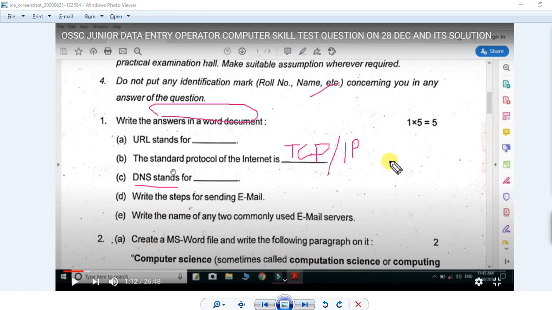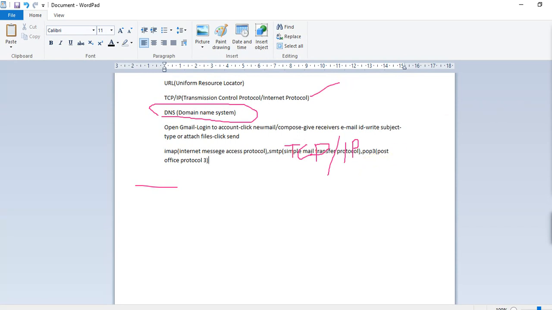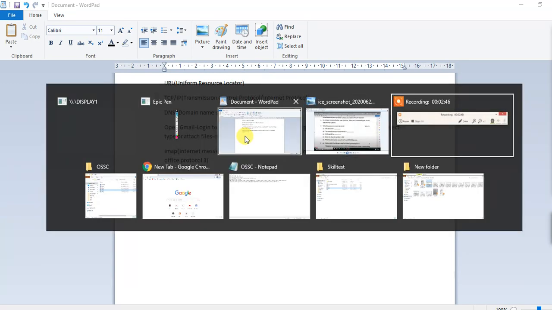Then DNS, Domain Name System, it's not server, it's Domain Name System.